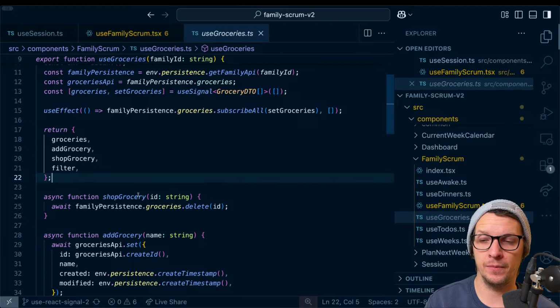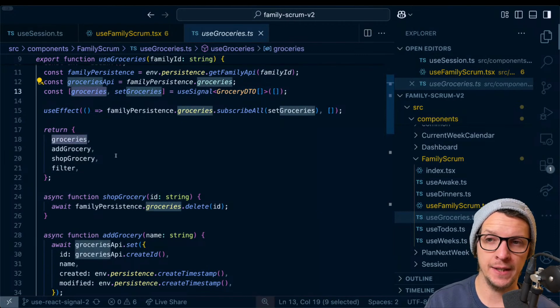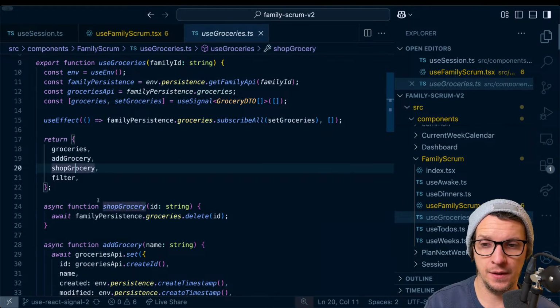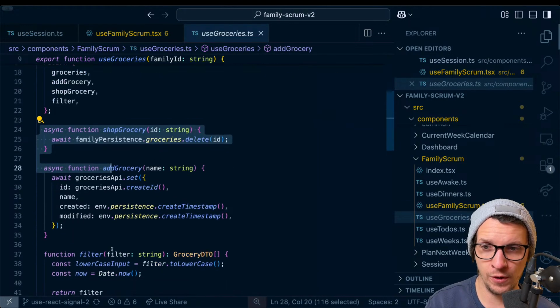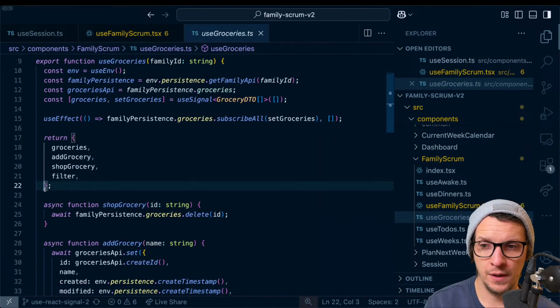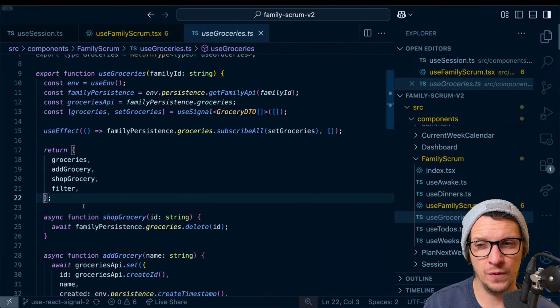But one problem is that even though groceries doesn't change its reference, these do. All these functions change the reference on every render. So if you were to pass